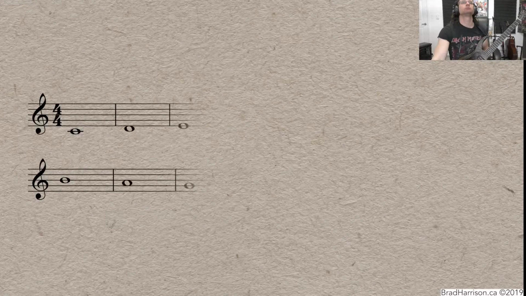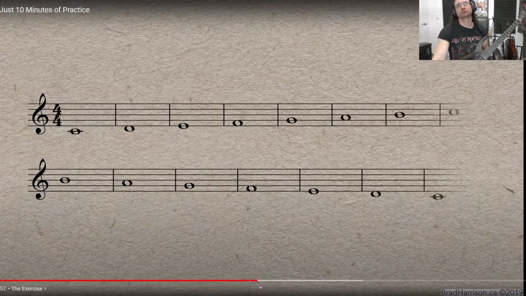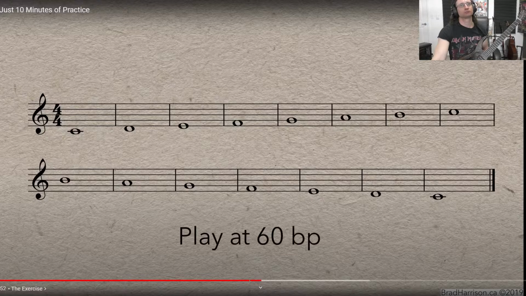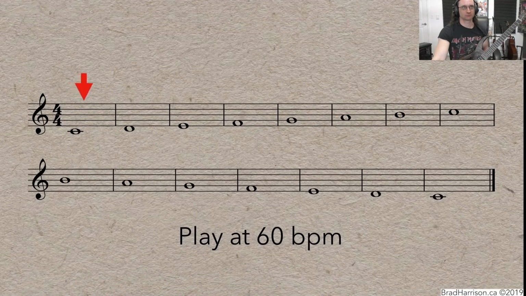Let's say you're learning a new scale. Assuming you already know your fingerings, it's probably pretty easy to play that scale in whole notes at 60 beats per minute. That's pretty slow. You've got 4 very slow beats to look at the next note and figure out how to move your fingers before it's time to execute the next note. Whole notes at 60 beats per minute should be a very doable and even boring tempo for even a novice musician. In fact, if these first few exercises are easy and boring, that's kind of a good problem. It means you're in control and building muscle memory for the faster tempos that are yet to come.